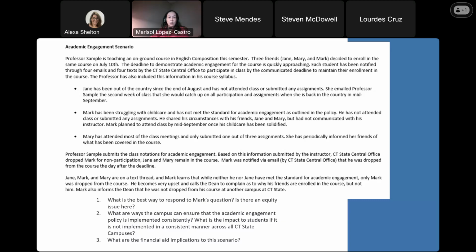And again, financial implications, I'll leave that question for when it's time to ask questions, in case there are any questions around that. Also a note, NPs get 100% of the fees refunded and only 90% tuition refunded back. So it's important to put in those notations also, so they could get their refund for the 90% tuition, 100% fees.